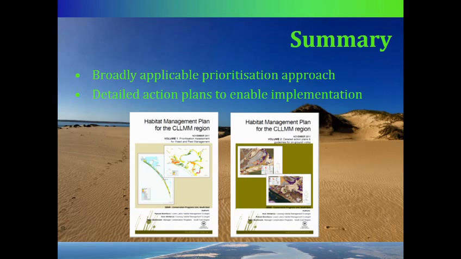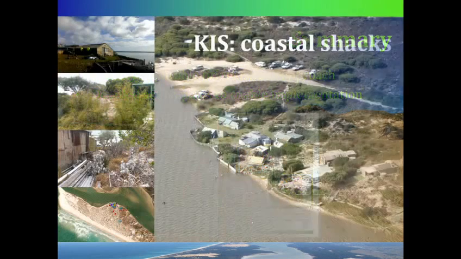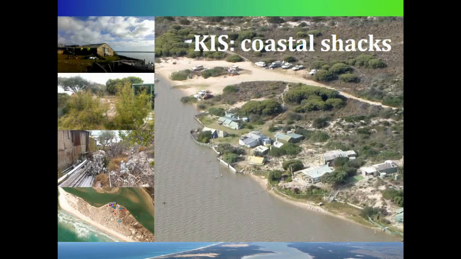We also produced a range of detailed action plans for each of the priorities, and lucky the CLIM project planted lots of trees, because there's about 450 pages in both of those volumes of the plans, so we needed a few trees. And in the time I've got, I'll probably only give one example. That was our involvement, and it's been implemented since that time. Just one example of the implementation.